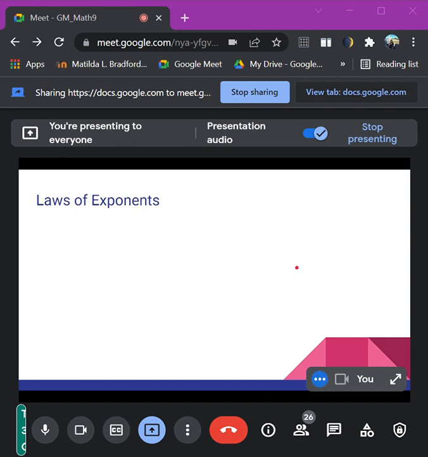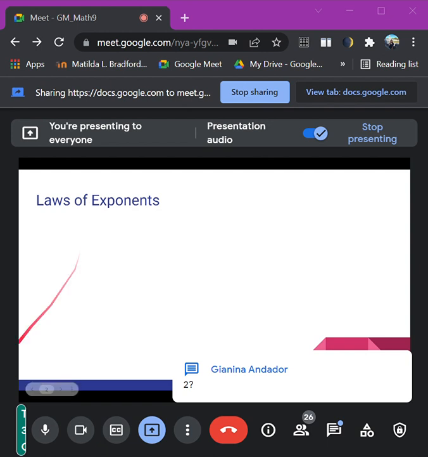If you can still remember, when you were in grade 7, these laws of exponents were discussed by your teacher already. So, let's have a quick review. If you can remember, how many laws of exponents do we have? How many laws of exponents do we have? 6. 6,